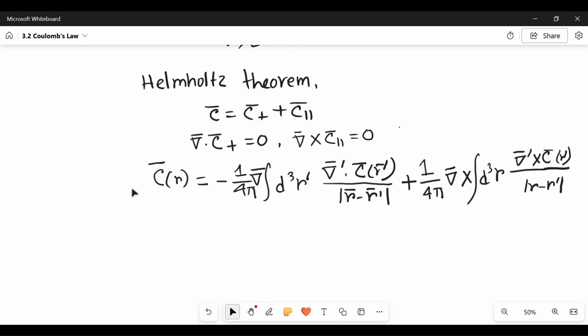Now the Helmholtz theorem guarantees that if we know the divergence and curl of a vector field, we will be able to determine the vector field uniquely. From Maxwell's equation, we know the divergence and curl of the electric field. So the electric field will be